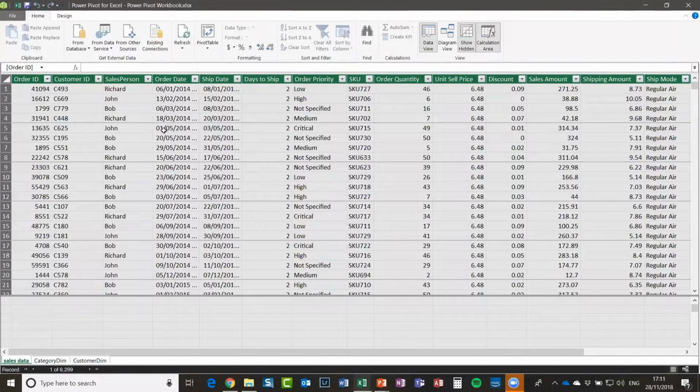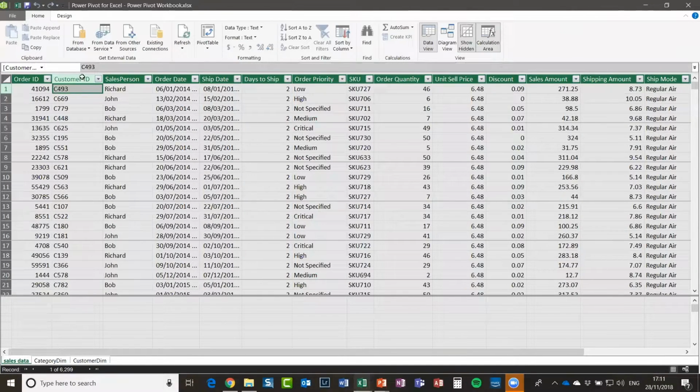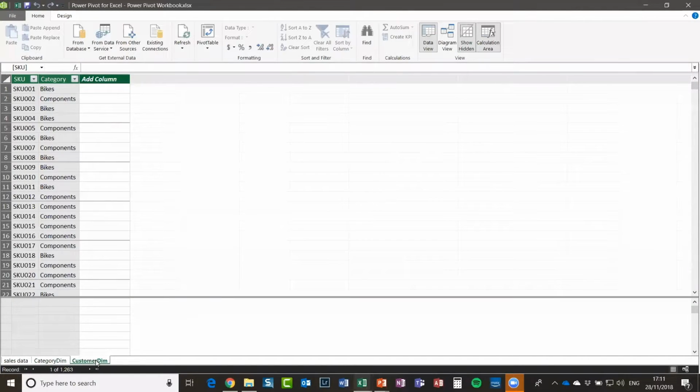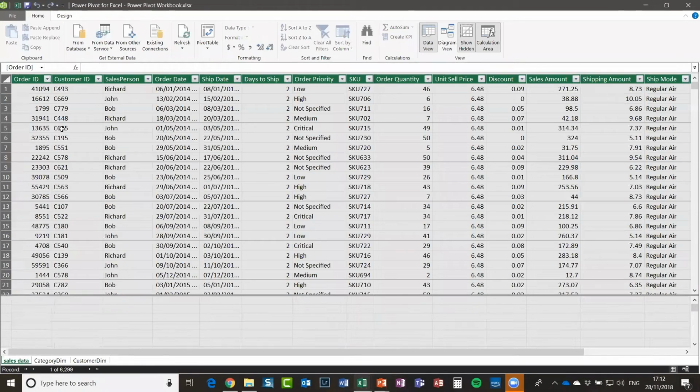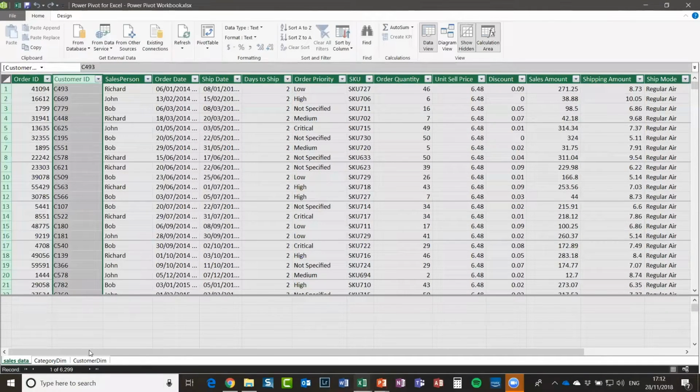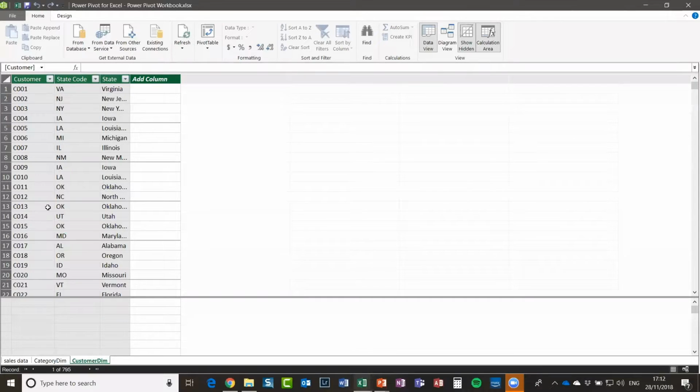Now, what I might want to do, as I said, I want to know a little bit more about our customers. So I have my customer ID, and now if I click on, I think it's this one here, customer, I have the customer ID in here, but I also can tell from this table what state they're in by the state code and also the actual state. So I might want to create some links between my sales data, so this customer ID, and the data in this customer table, okay? And we can do that a lot easier if we look at our data in diagram